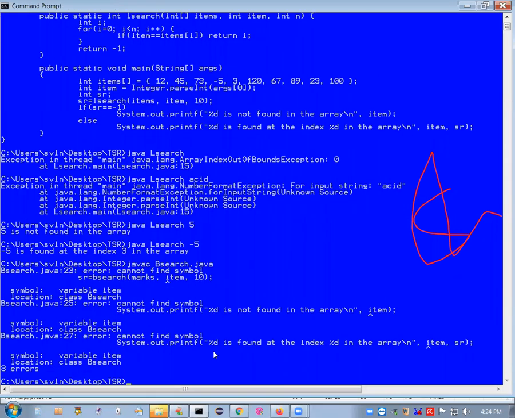So there are some issues there. Item, SR and all that, those are all different variables, right? Because we have used probably the bsearch class, the variable item is not there. It is marks, so essentially look into line numbers 23, 25, 27. Those are the errors. Line 23, 25, 27.